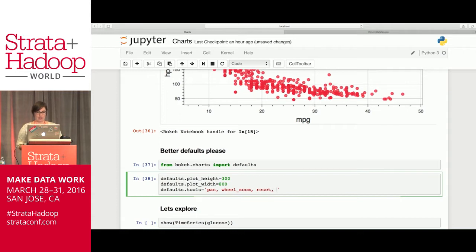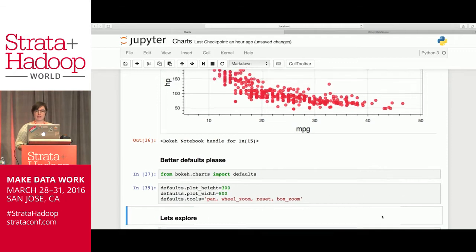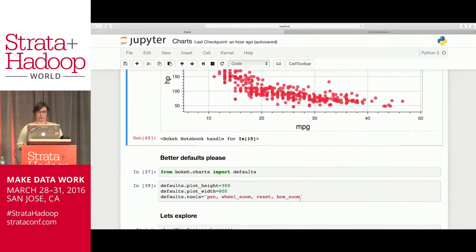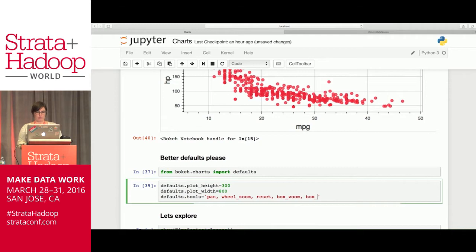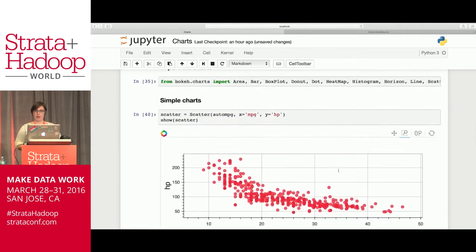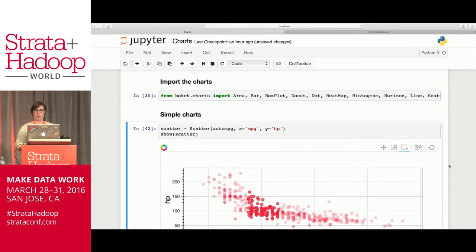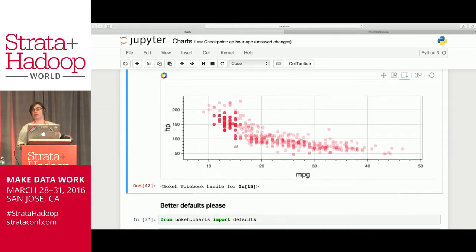So I can add another tool here, like box zoom, and now all of my charts have box zoom implemented. Or actually, box select would have helped. Let's do box select. What this defaults thing does, which is really handy, is it sets up the defaults for your whole notebook. So you don't want to be typing out the same thing over and over again